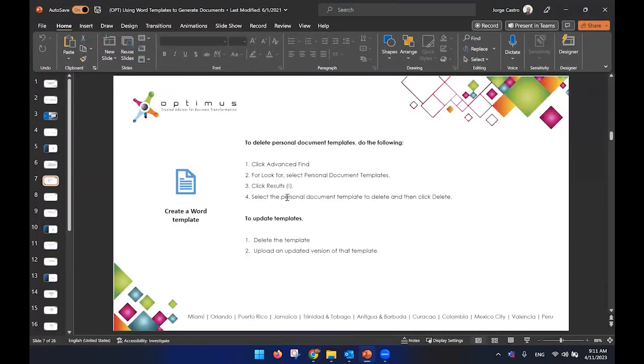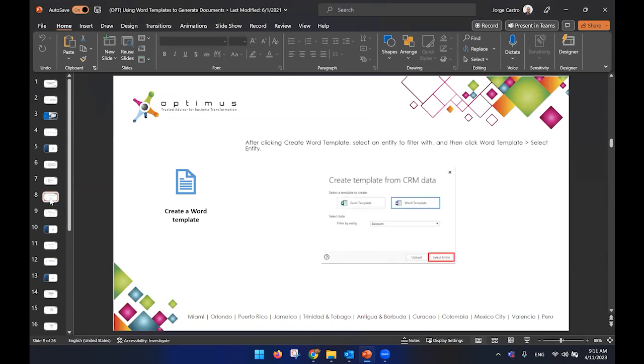Okay, so we already saw how to download the template, how to delete it, and to update, just basically delete it and create it again. So here I was just showing you how to create a template. You just need to go to the option, select Word template, select the entity, and just select entity to download